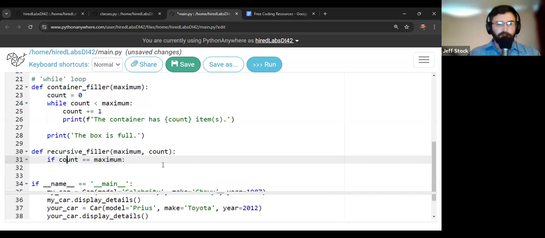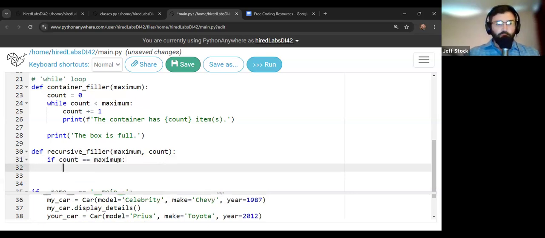So this is the logical statement that we want to make. And remember, we want to use the double equals sign here because this is like saying is equal to. If we use just one, that'll be a mistake because it's setting something. Then we get the colon, and it's going to indent two levels in. Remember, indentation is important in Python. So we're 8 spaces in, or 2 tabs, or spaces, but don't mix them. All right, now we're in the if statement.